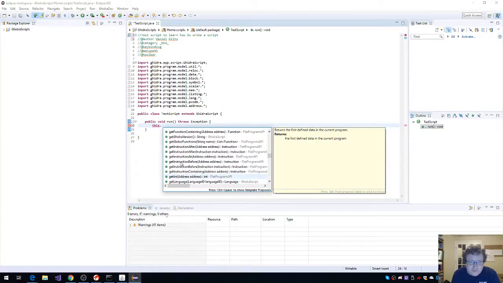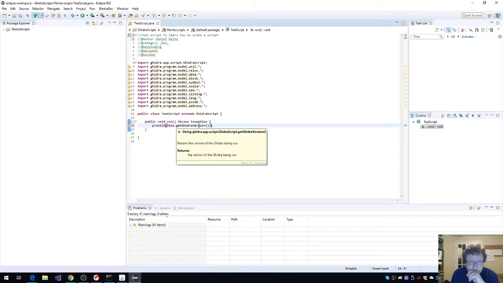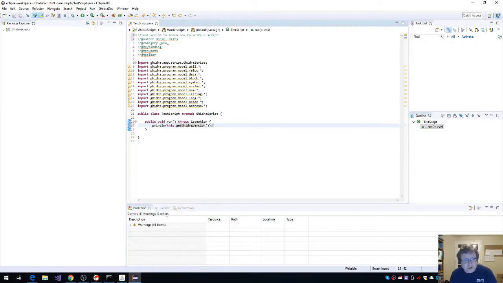Okay, so that is a string. So right now we've got a script that is going to print out somewhere the version of Ghidra. Since I know that it is 9.0.0,